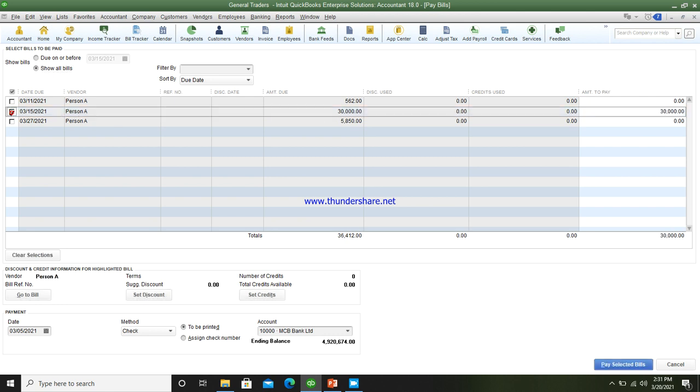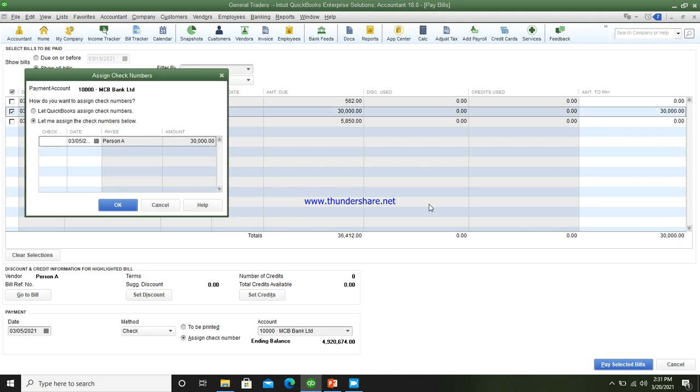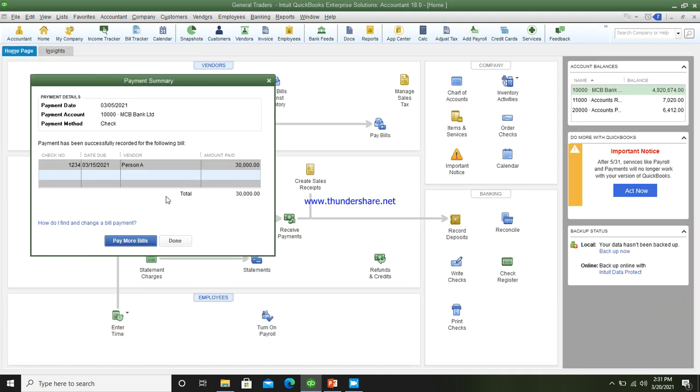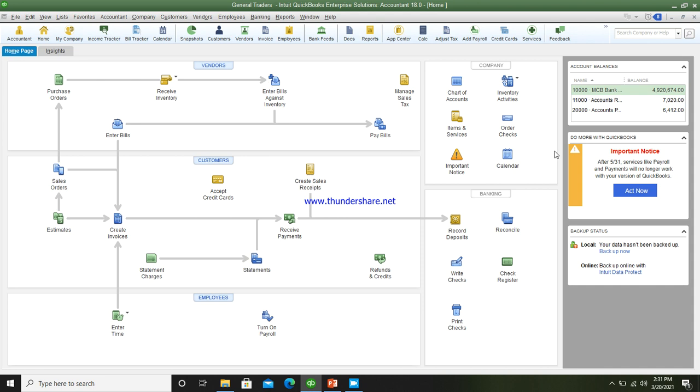I will select this bill and I will write a check and assign a check number. I will assign this manually. Pay selected bill, press it and assign a check number. Let's say 1234. Press the OK tab. Now I have made the payment to my vendor also.